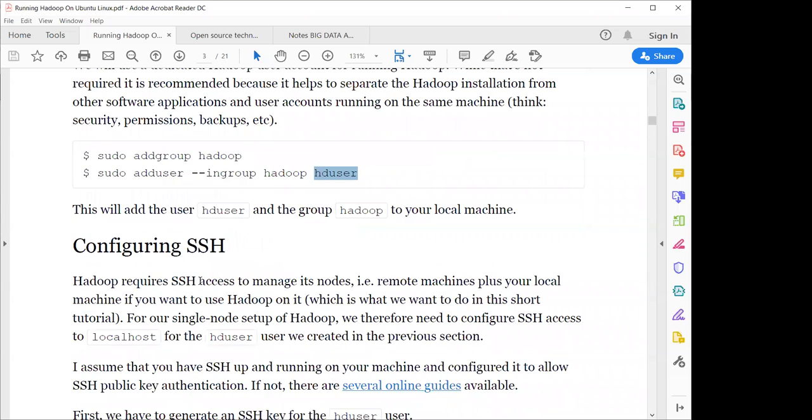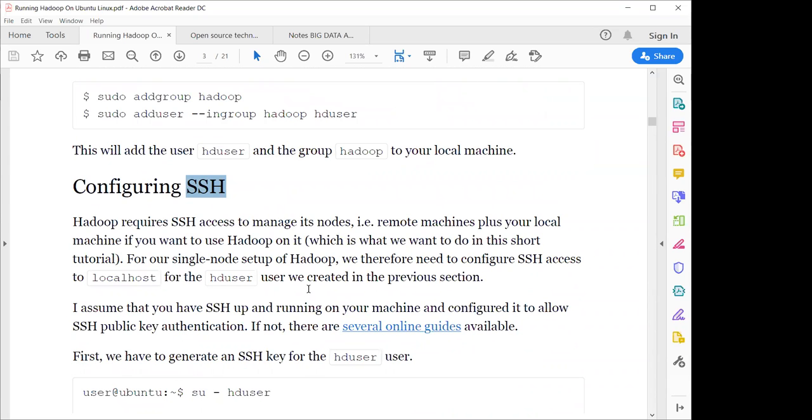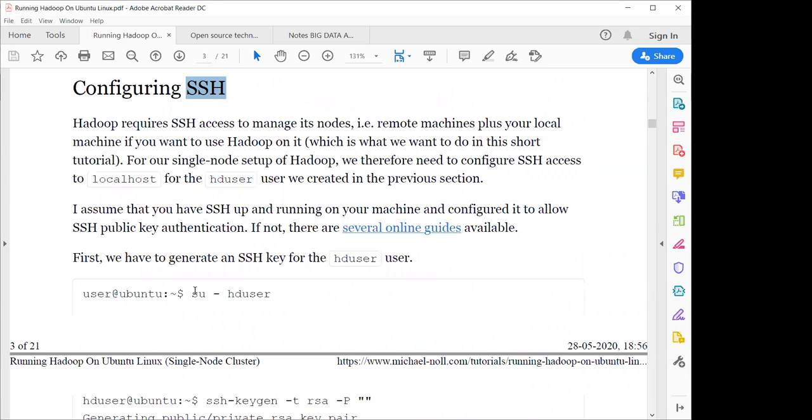Now, configure SSH. SSH is something you are all aware of. SSH is used to access information between terminals. We will use SSH to access multiple devices and see what is happening between them. Now we'll go to the SD user.